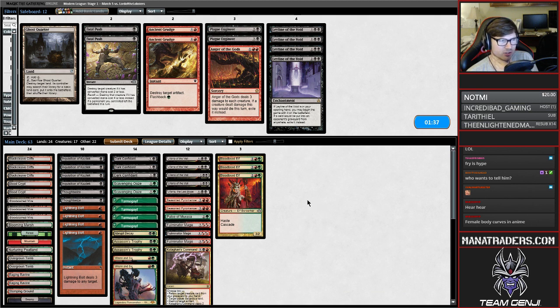We need to cut 3 cards here. This card's super important for poking holes in the counter wall. So I think it's Fulminators we actually don't want to bring in, but